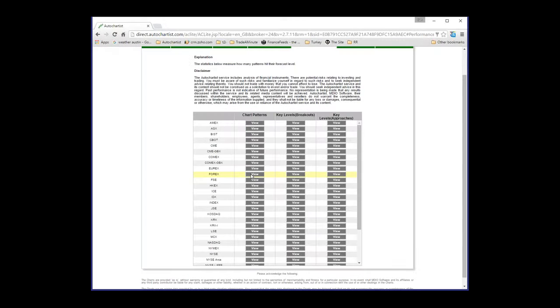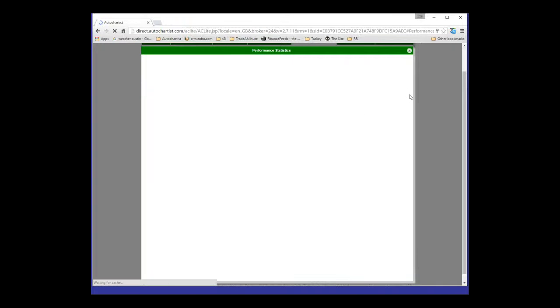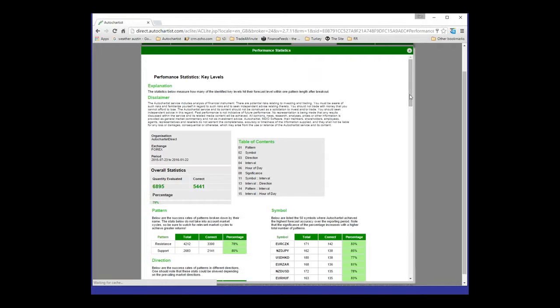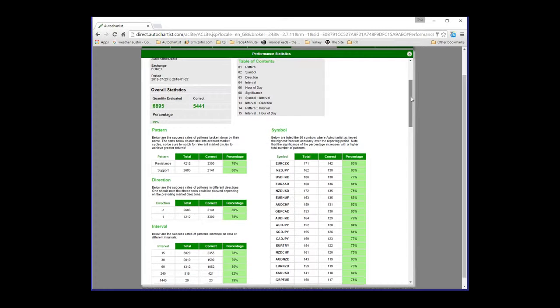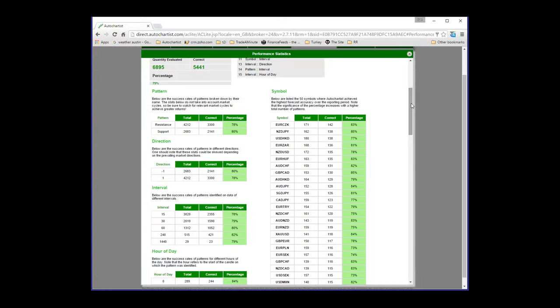Now, those were the statistics for chart patterns. Of course, we have other statistics for key levels, different approaches, and breakout key levels. Just to briefly show you, the stats on the approaching key levels are much higher, around 79%. But remember what I said, approaches are these very short-term movements. So you have to be watching the market all the time in order to take advantage of